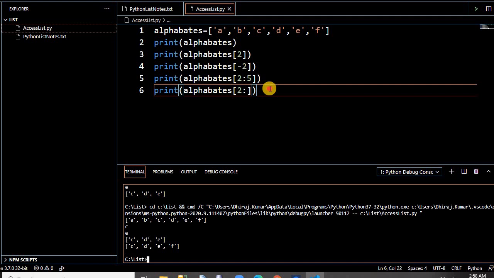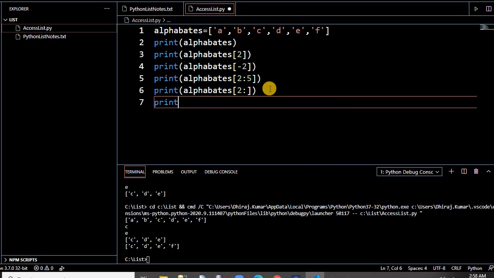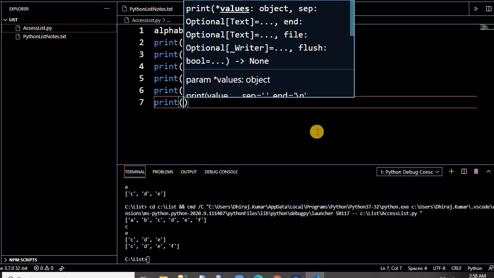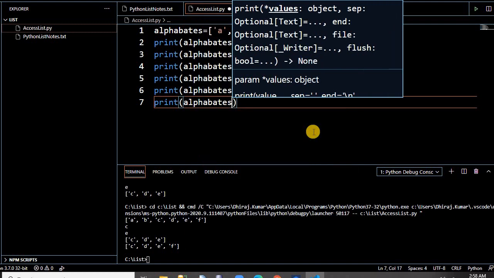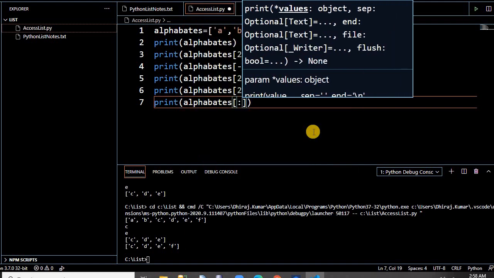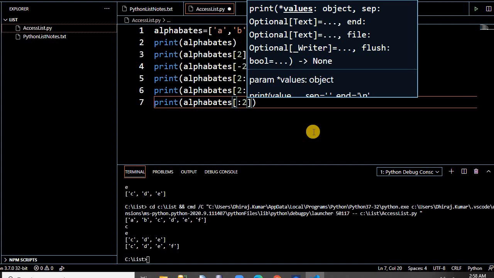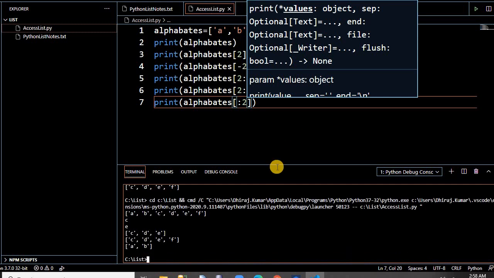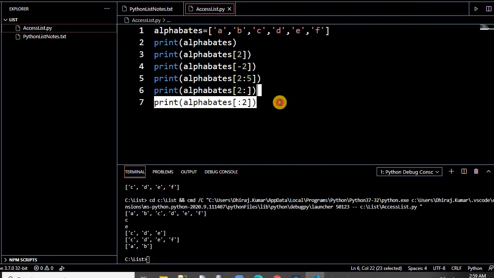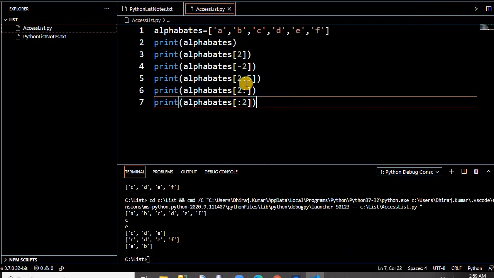See here. Same way, if you check here, something like I need something starting from A to C only. So what do we have to do? For the alphabets, we have to keep the beginning position blank, and then pass the index of this. So we get A and B. The first one is inclusive. If you pass a starting position, it is inclusive, but the end one is not inclusive.